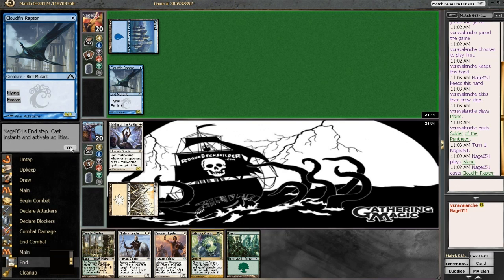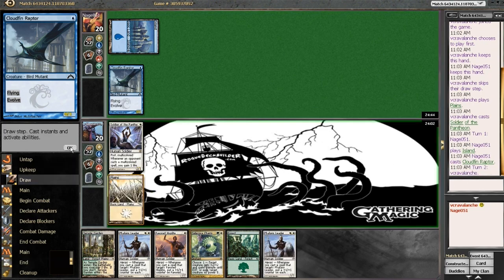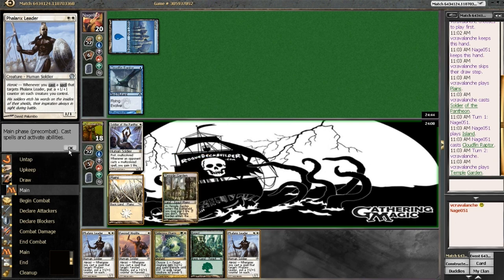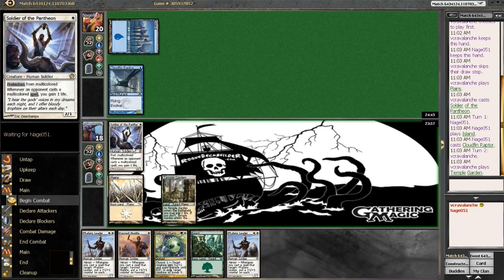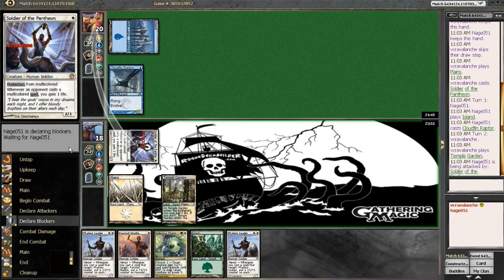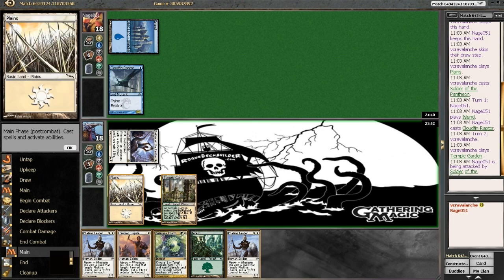So the good thing about it is he can't really interact with us. There's not much that he can use. So we're just going to pump out these Phalanx Leaders. And hopefully go to town on him. So, I mean, he's down to an 18. He's going to want to be aggressive too. But again, we can just go nuts with...